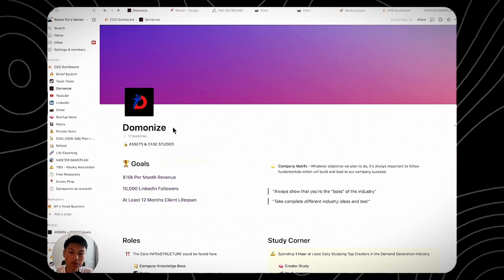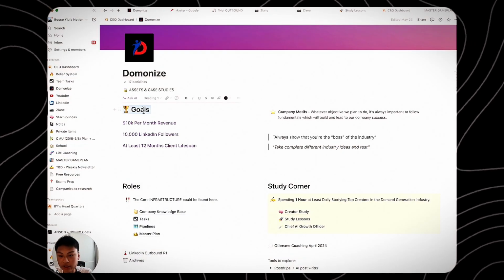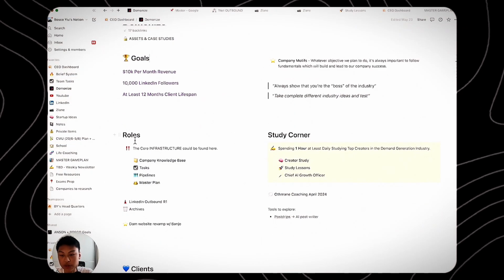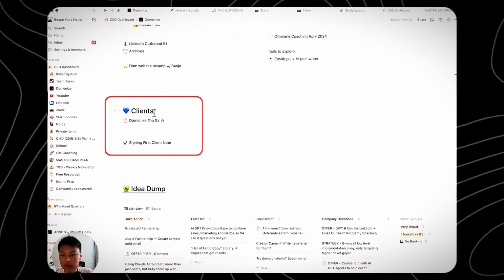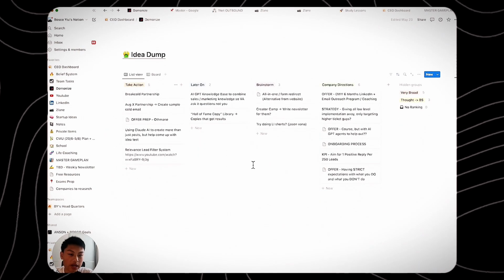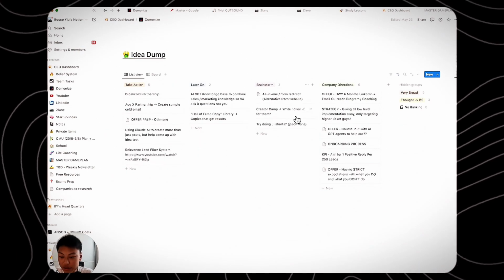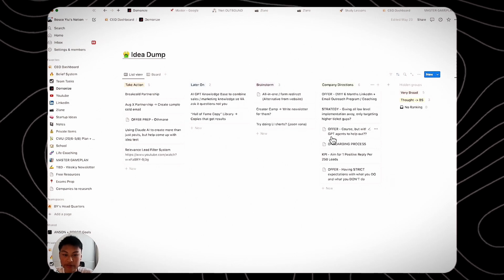So if we turn over to my main company page, you can see I clearly have my goals here, and then you have the different sections. So for example, the roles, the study corner, clients I'm working with, the idea dump, which is basically ideas when they come up in my mind. I just put it here and analyze it once a week